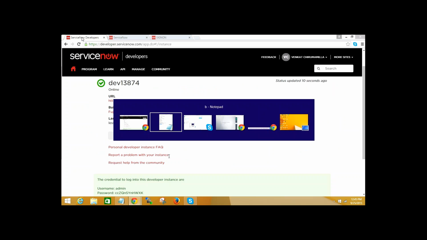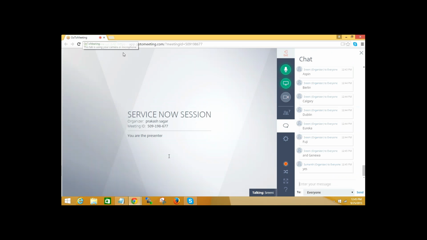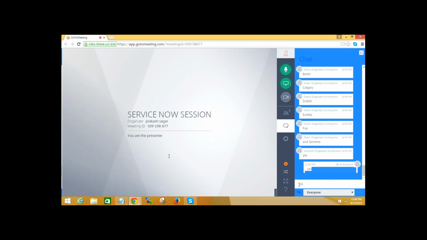Okay, fine. Now, Venkat, you can start sharing the screen today because anyhow features will not require an instance. Maybe tomorrow we need that.